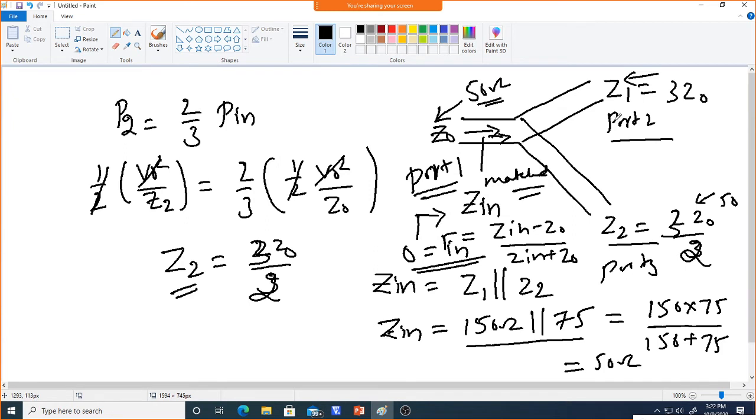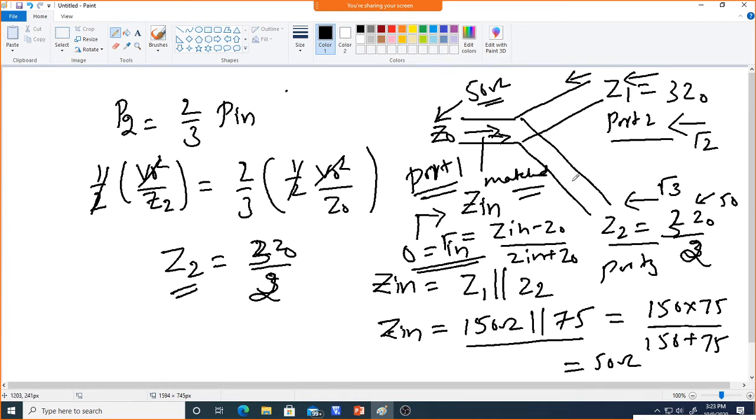Similarly, you can calculate the reflection coefficient looking at port 2, and the reflection coefficient at port 3. So what is the reflection coefficient at port 2? The impedance looking at here is 150 ohm, and for the other, first we need to take the parallel combination of these in order to see this as the input port, in order to calculate the reflection coefficient at port 2.